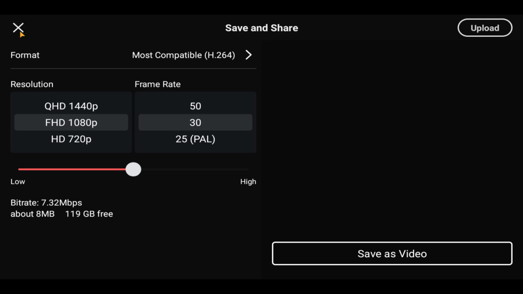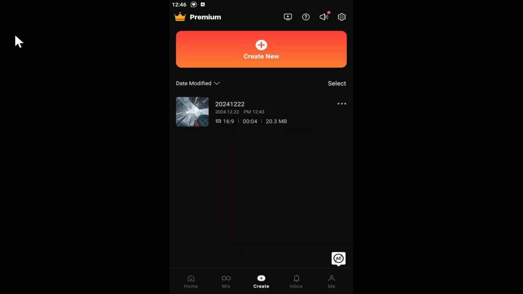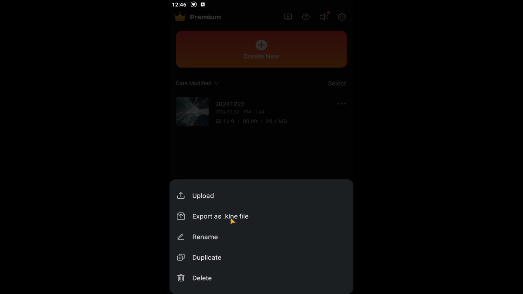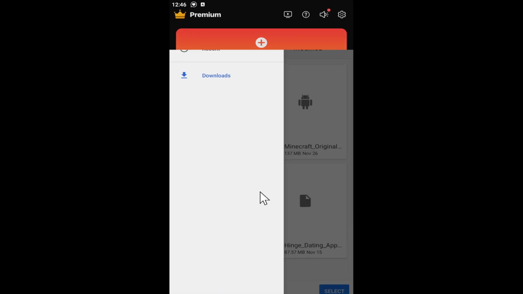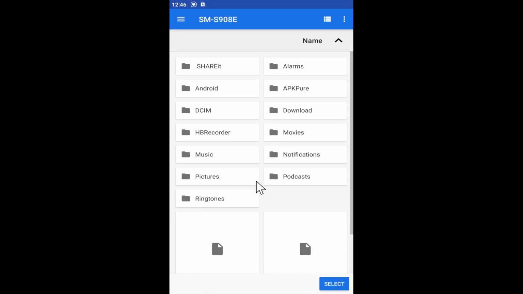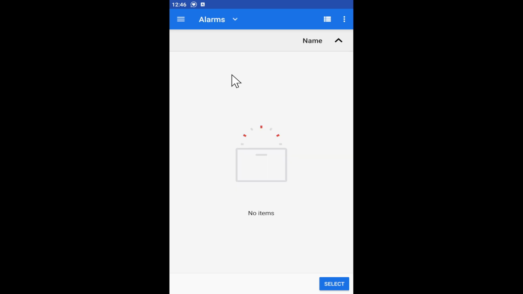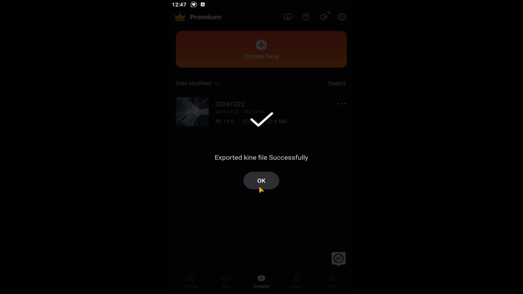So if you wish to export your video in your desired directory, simply close your project and it will auto-save where you left off. From here, just click on the three dots alongside this project and you can then tap on Export as .kine file. When you tap on this, you will be shown a warning. Tap on the OK button and now you can choose your desired directory where you want to store this project save file. After choosing your directory, tap on the Select button and now this Kine file will be exported within